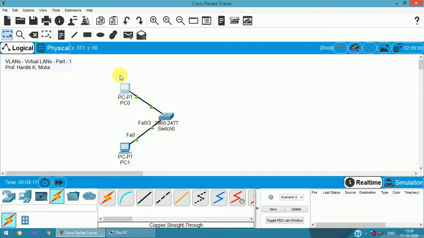So to do communication among the different VLANs, we need either a layer 3 switch or a router.